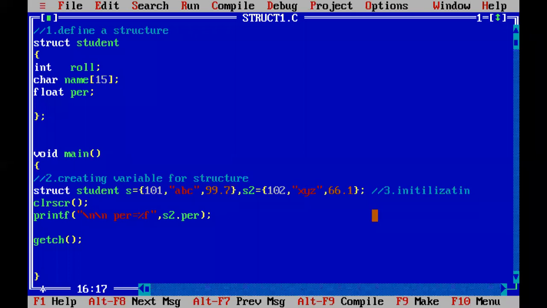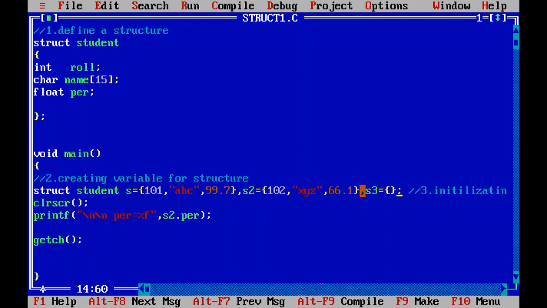So if you want to store the third student, again put comma and you write down S3. S3 equal to symbol, again open the brace, closing brace, like that. Not only S1, S2, S3, up to 60 student data you can store. Not only 60 student data, 6 lakh student data also you can store. Sir, how many variables will we create manually? We will go for the array topic later, after two to three days.